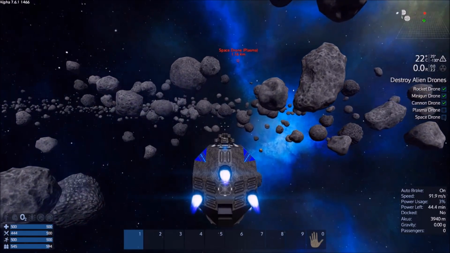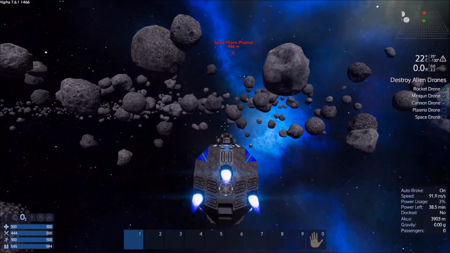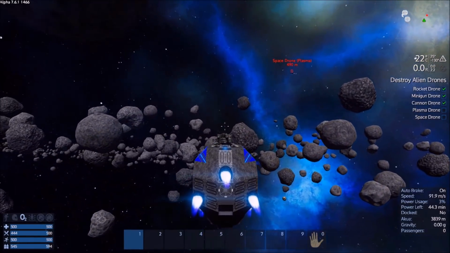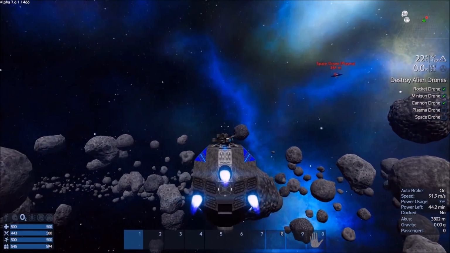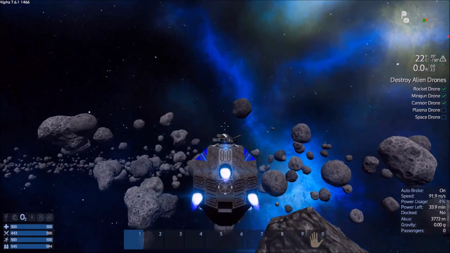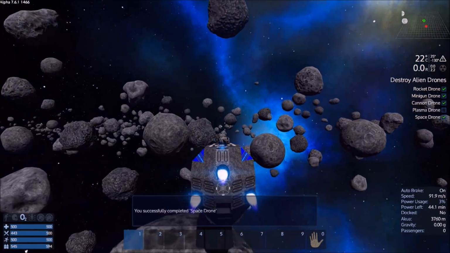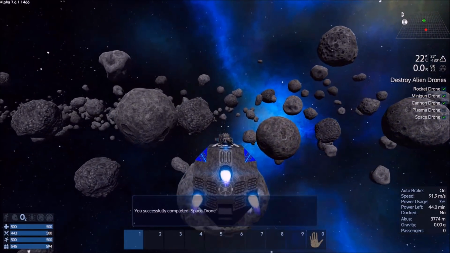Alright, there's our first drone. It's a plasma space drone. Now, using the ship to take it out probably won't give me the space drone thing for destroy alien drones, but it did. Wow, they actually made it so turrets give you that. I don't think they give you